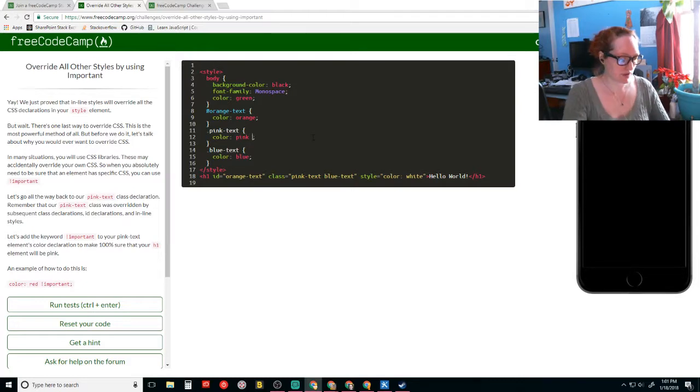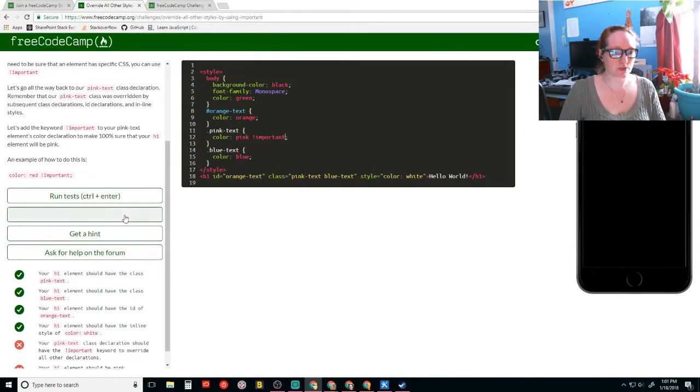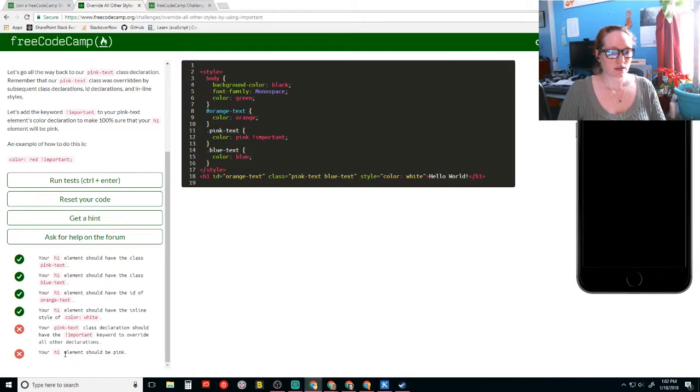This should be important, right? Where do we put the... Yes, I was correct. And we want to make it what, red? No. We just want to make the pink important, right? And it should be pink. And it is. So, inline style is also superseded by exclamation point important. And that's probably a fast way to change the code rather than going in and searching the color, since all of the style elements are usually at the top of the page. That's something good to know.